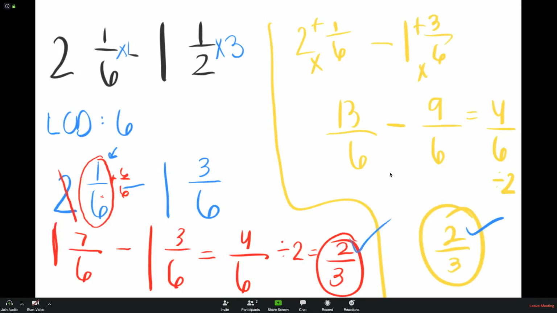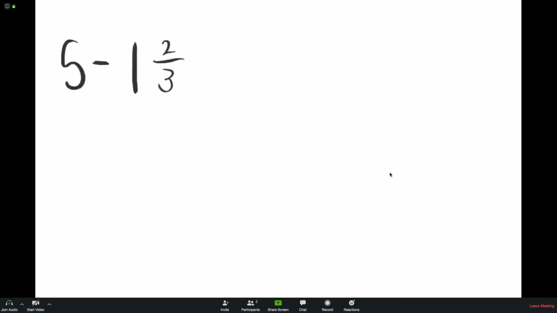Okay, we're going to go over one more problem. And this is when you have just one whole number minus a mixed number. And in this case, there's pretty much only one way to solve. So because there's no fraction here, it's kind of like if we have 0 over 0. So we need to take one whole number out of that one, becomes a 4, and that